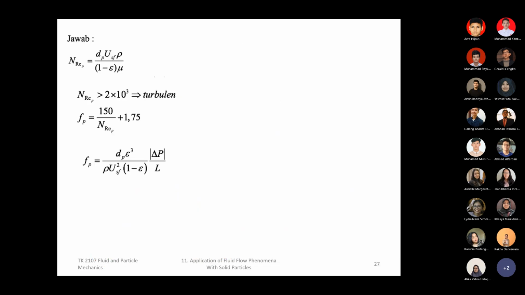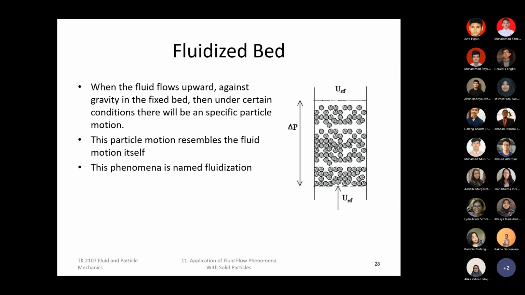So if you don't have any question, then I'll continue on the next part, which is the fluidized bed. Okay, so previously we still talked about the fixed bed, which means the particle is not lifted. It remains unmoved within the vessel. Okay, but there are some other applications that require fluidization, such as combustion or even a catalytic cracking reaction. So the solid could be illustrated as coal if it's a combustion of coal, or even if it's a catalytic cracking, then the particle itself is the catalyst that is not consumed.